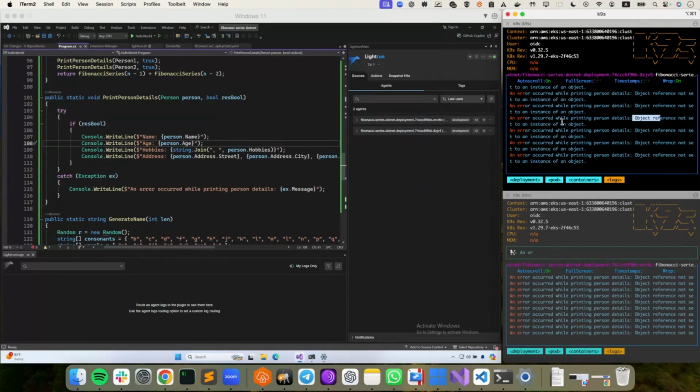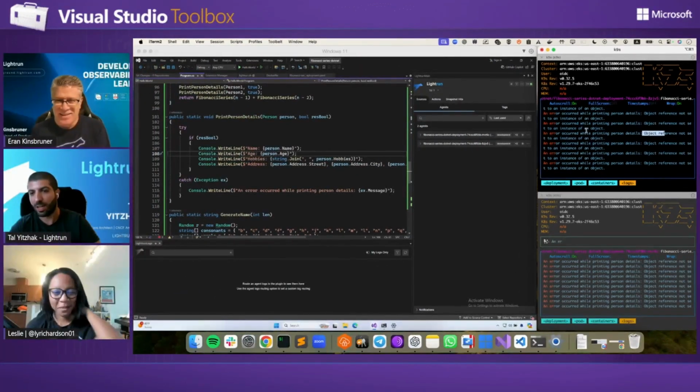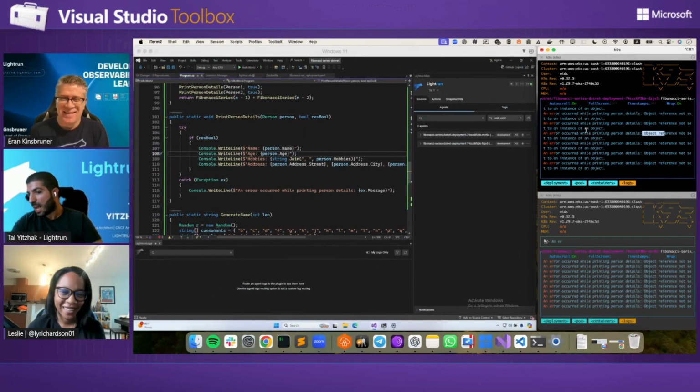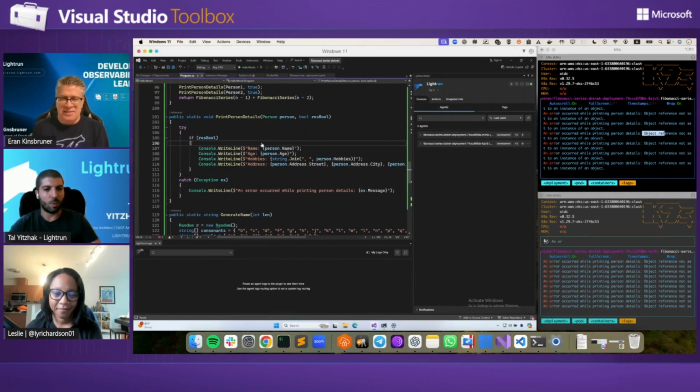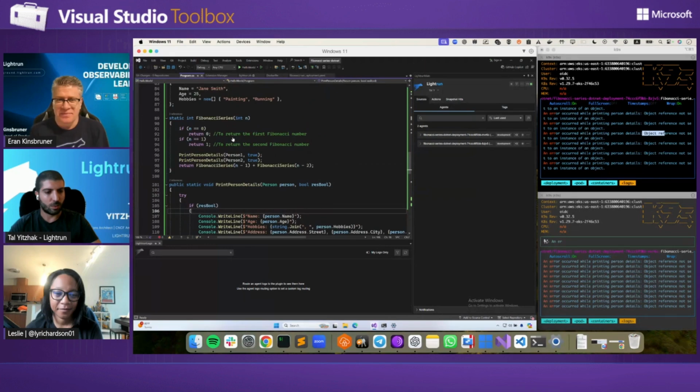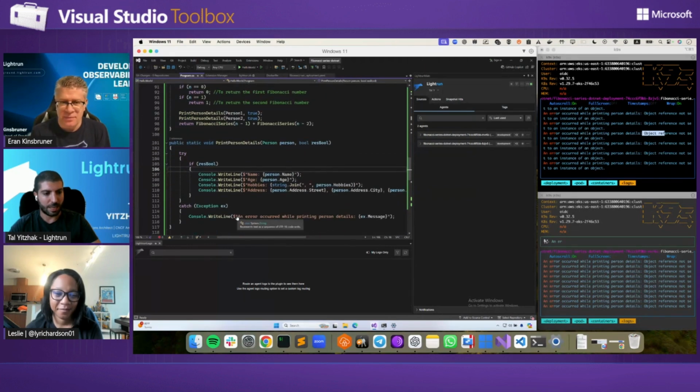Now, Leslie, what would a developer do, right? He will try to figure out what the problem is, and maybe try to reproduce it, right? I mean, there might be some trial and error involved. Yeah, let's try to reproduce it locally. We're opening the code, right? We're trying to search. Okay, I see the exception here, but I'm still not sure. I mean, there are so many objects,